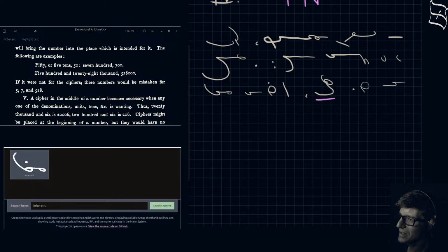Oh, it's doing a backwards R, and I don't like it. Come on. Undo. There. It's like trying to make a character jump, and the physics are all wrong. All right, well, that's good enough. So that's inherent. Let's jump back here. It is called a cipher, which has no inherent value.